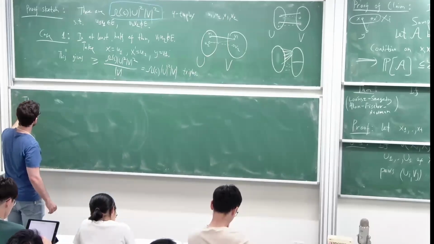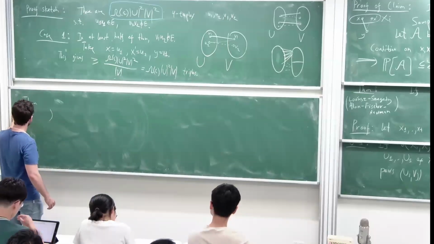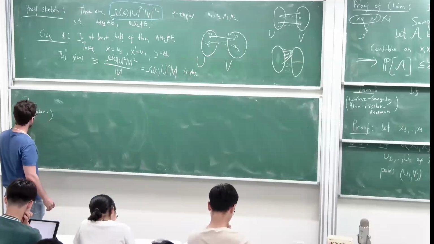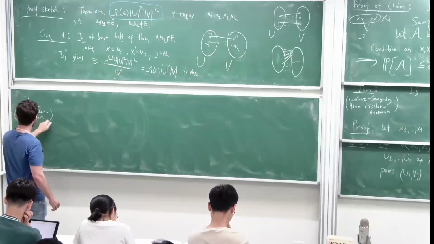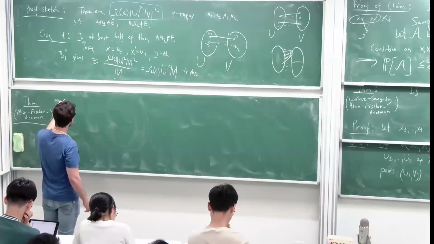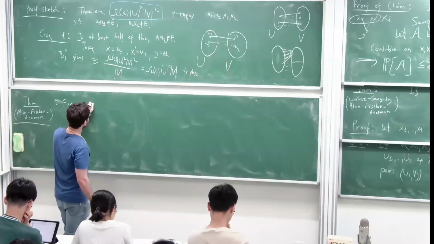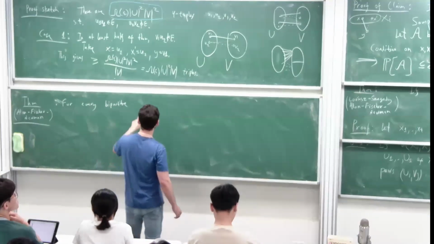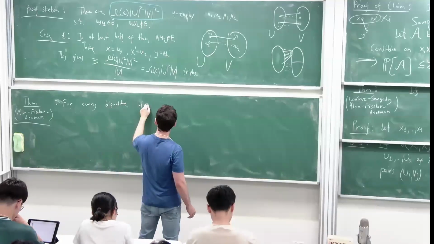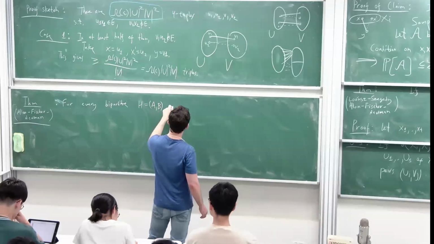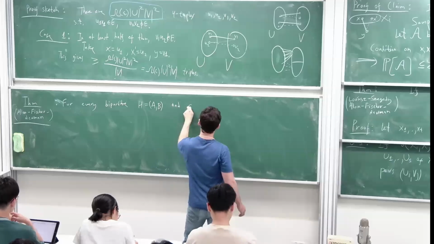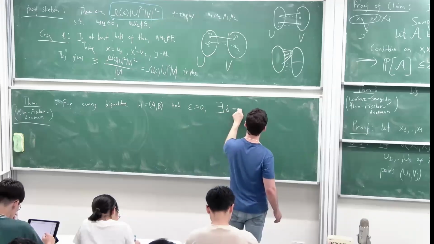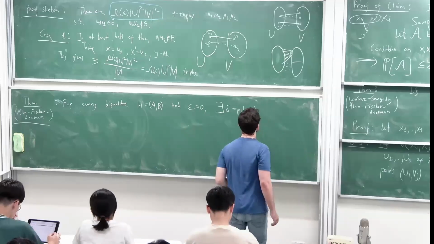What they proved: for every bipartite H and epsilon, there exists some delta, which is polynomial in epsilon, such that